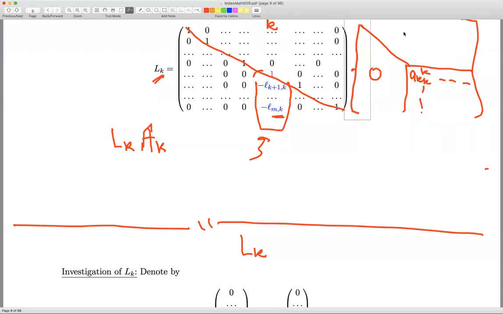Hello again. We continue from the point where we ended in lecture number 1. So this is lecture number 2 for Math 609. We were discussing last time Gauss elimination, and we were discussing the case when we start with a matrix A,